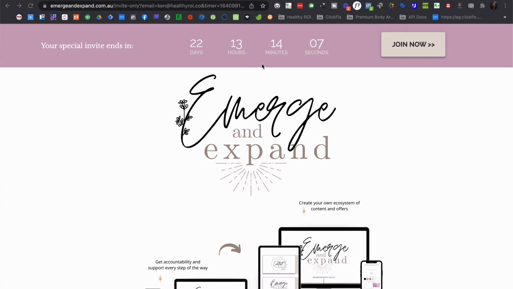She's going for kind of an evergreen deadline funnel here, and she wanted to be able to pass that same timer, the same deadline date from the sales page all the way over to her checkout page, so that that sense of FOMO and the sense of a special limited offer carried over from one page to the next. So in order to do that, we had to go ahead and make use of one of the